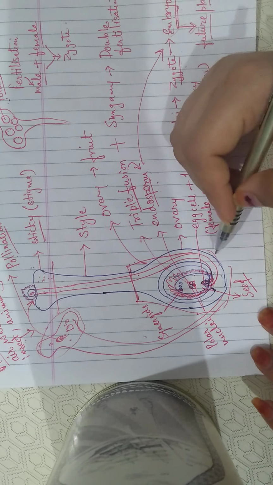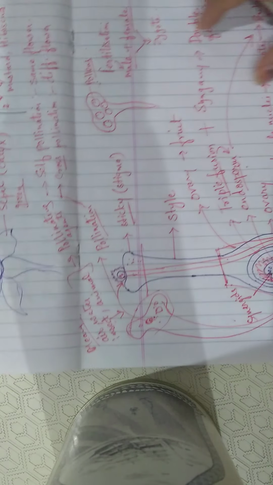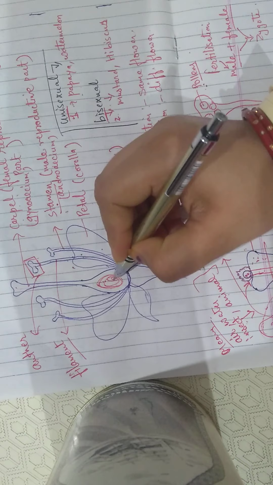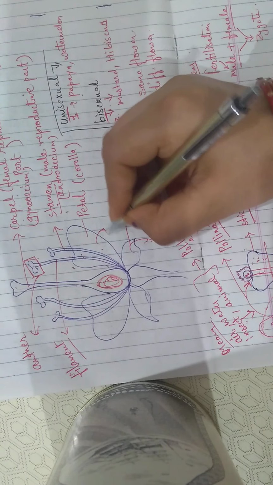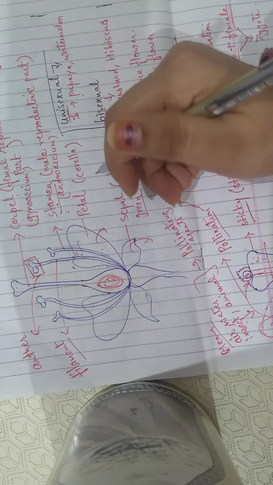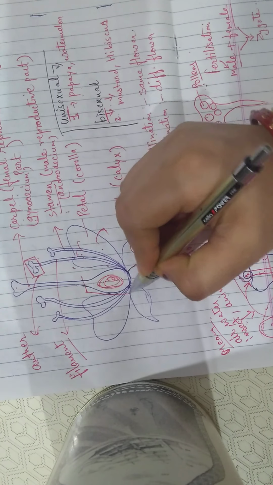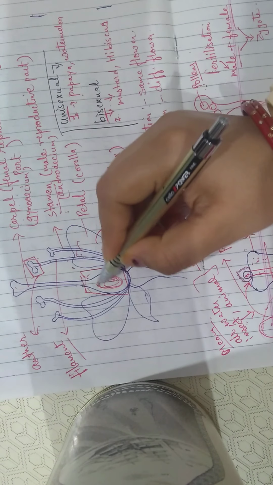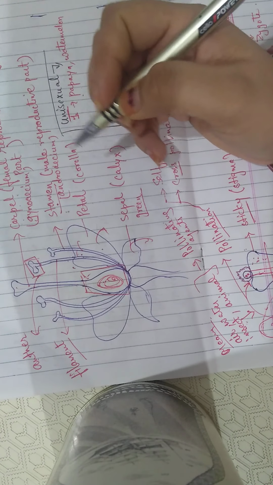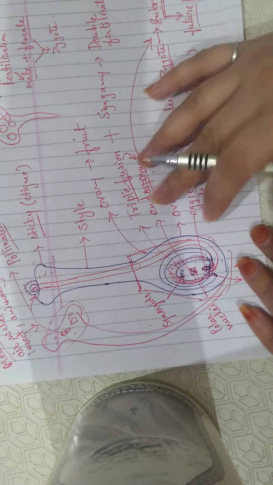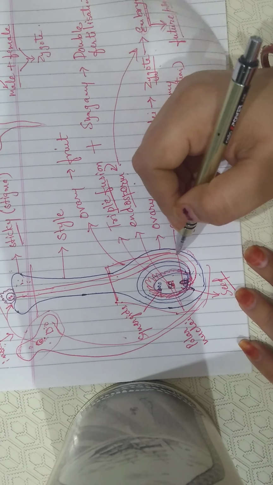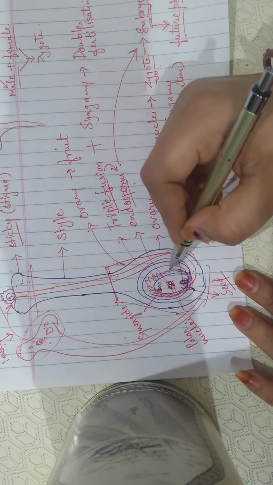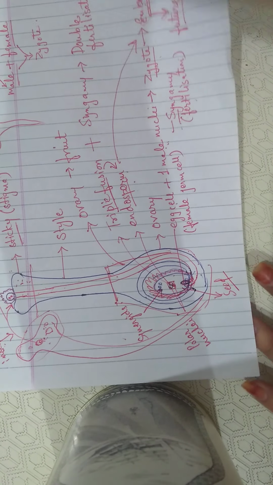And the other parts like the sepals. So children, all this process is happening here. These sepals, petals and the stamens will shed off, and we will get only this part. This ovary will convert into fruit, and inside, the ovule will convert into seeds. As and when the seeds get favorable conditions like the proper amount of water, sunlight, etc., they germinate and give rise to a new plant.